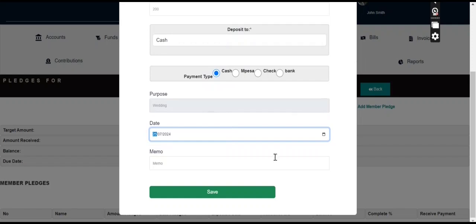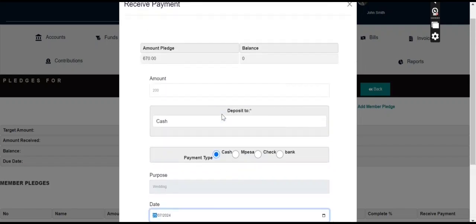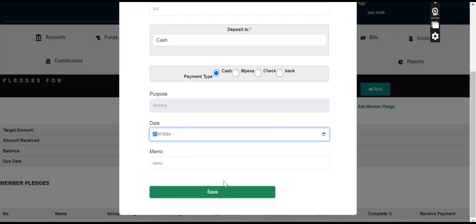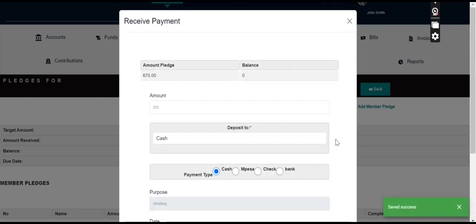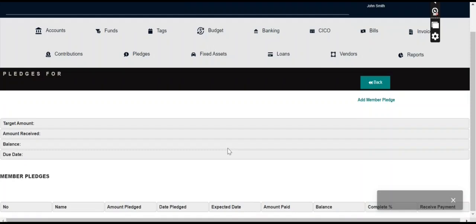So it's the current debt memo. It's optional, or some descriptive notes or information, the description about the contribution. Let's click save, and the pledge is saved. We can close, and